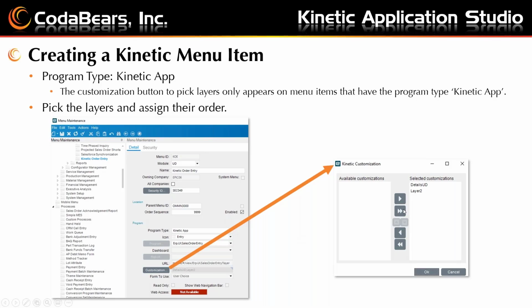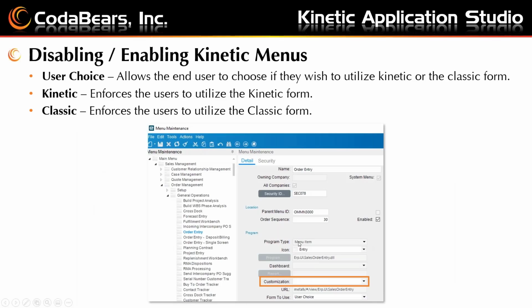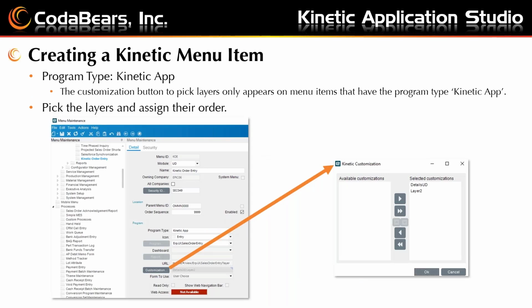So in menu maintenance, I also wanted to point out there's a form to use on that user choice for a standard program type. When that is the scenario, the default program type, if I go back a slide here, is called menu item. And that was used since forever in Epicor 9 and 10, I know for sure. It gave you that customization drop-down, and in that image, you'll see that customization is not a button, but if I go back to my other slide here, you'll see that customization becomes a button